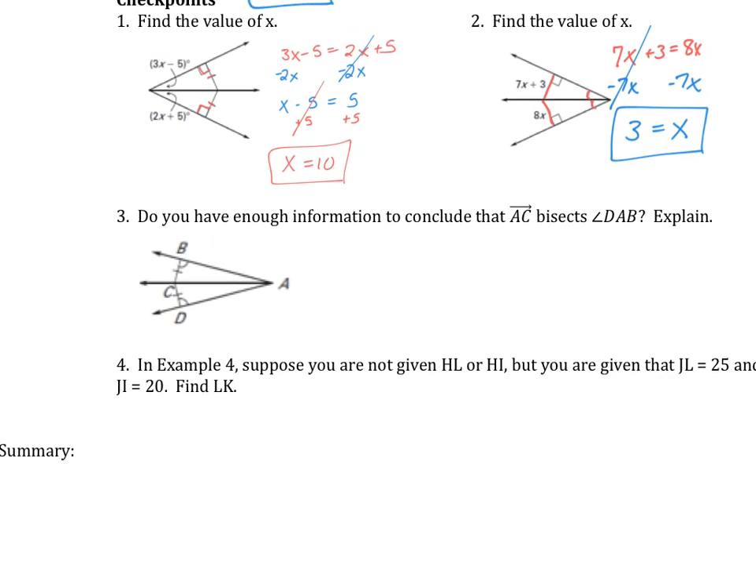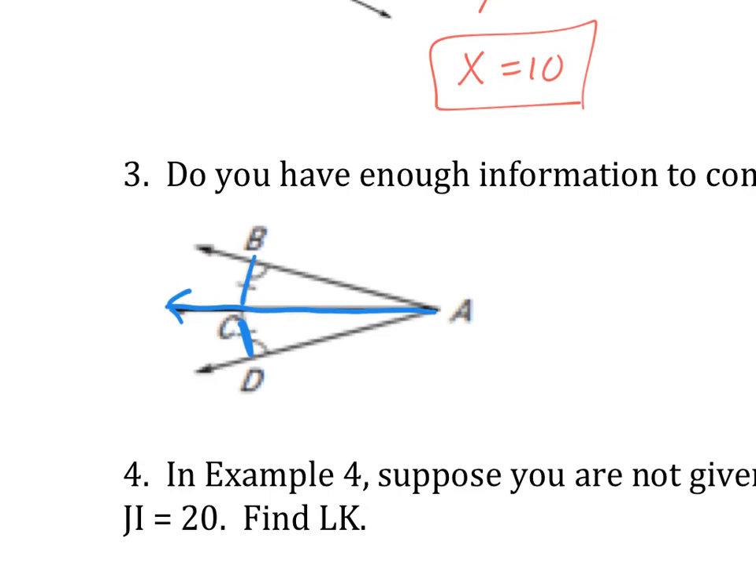And then example 3 says, do you have enough information to conclude that ray AC bisects angle DAB? Explain. So we're looking, is this an angle bisector? If it's an angle bisector, these two segments would have to be congruent. Those two segments are congruent, but what we're missing is, if I zoom in, these angles right here are both equal to each other, but we do not know that they're right angles. So is there enough information? No, we don't know